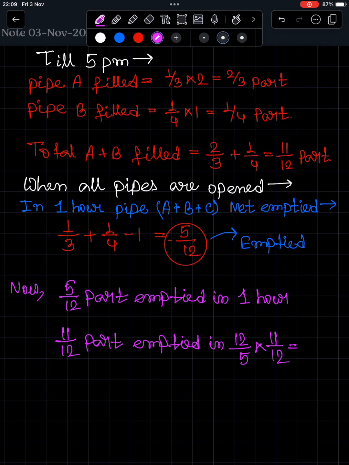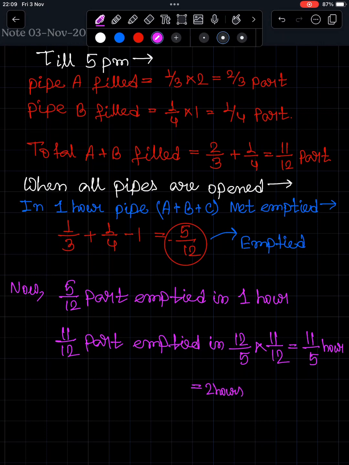So 5/12 part empties in 1 hour. 11/12 part will be emptied in 12/5 into 11/12. 12 will be cancelled out. So the answer we get is 11/5 hour. In mixed fraction, the answer will be 2 whole 1/5 hour,